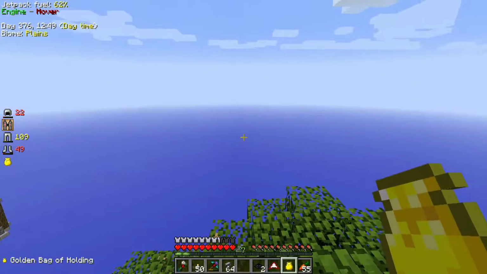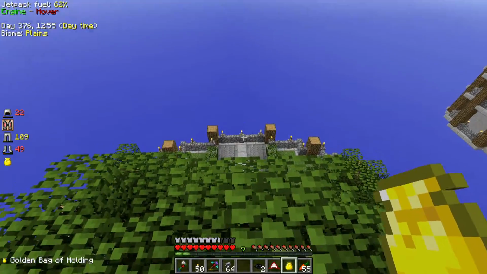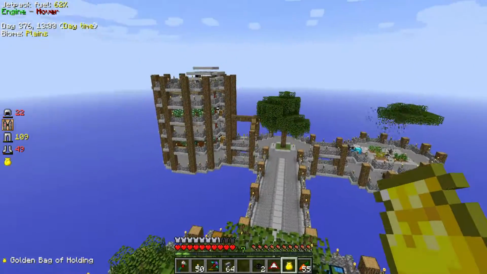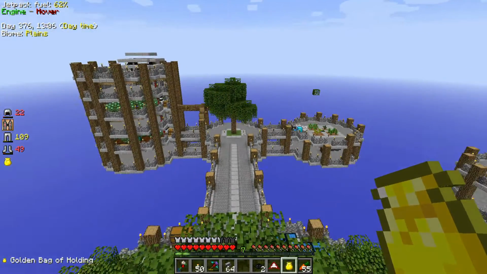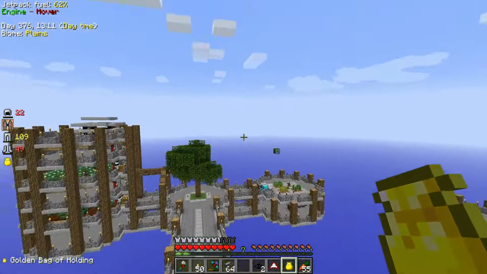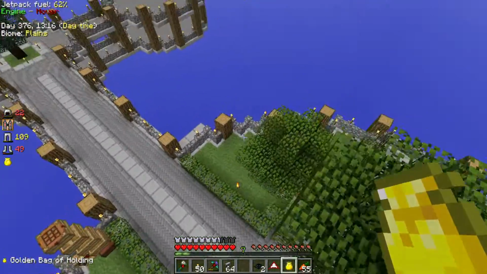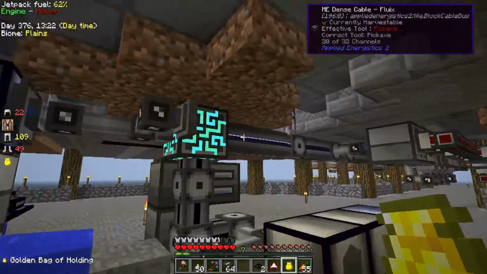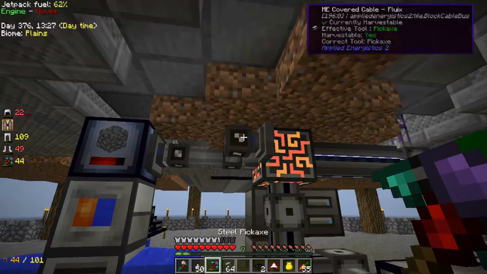I think we're going to do our mob spawning down here, and actually I think we're going to do power generation off in this direction eventually. So we'll probably extend the main pathway out further, and we'll put our passive mobs and things like that further out on this side. So for now, we're going to head down here underneath the base, because the first thing that we need to do before we can do any machine work down there is to set up our ME